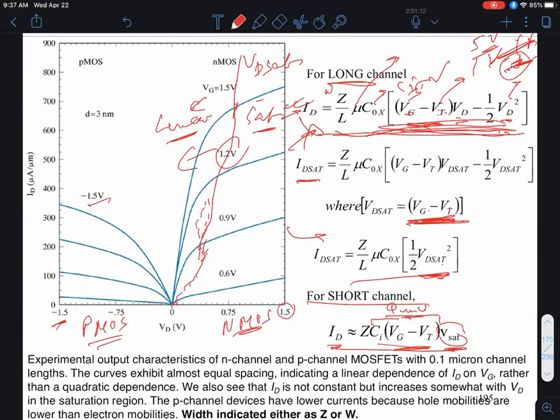The carriers are traveling at saturation velocity because now my electric field, Vd divided by the channel length, is in the saturation region of the drift velocity. That's the current per unit area. Then get the total current multiplied by the width of the transistor. Okay. Now the good thing from a circuit design point of view is now in the output region, hopefully I